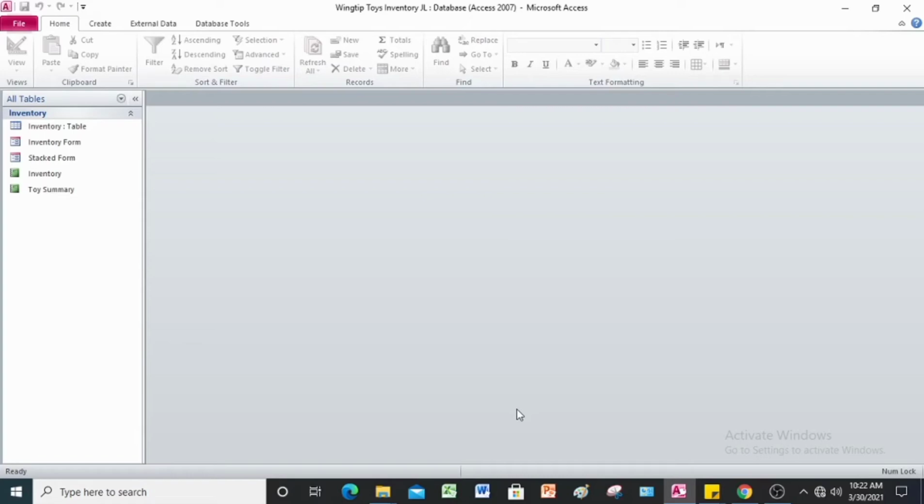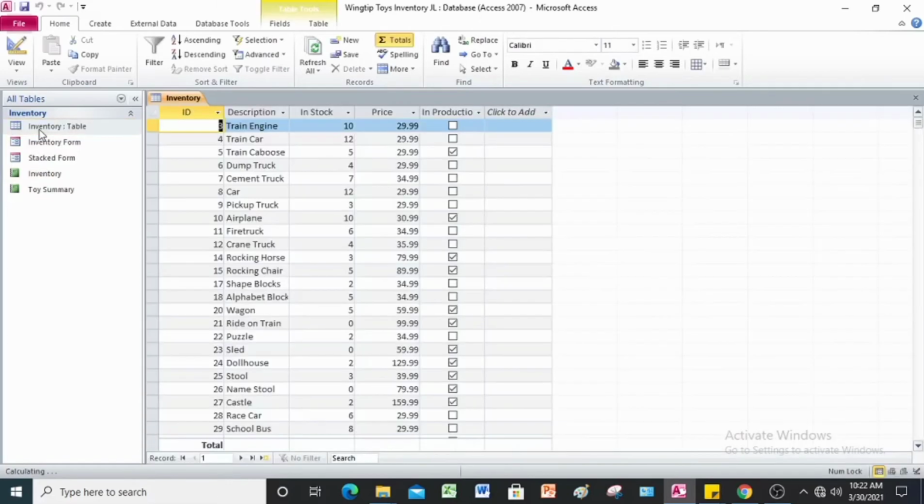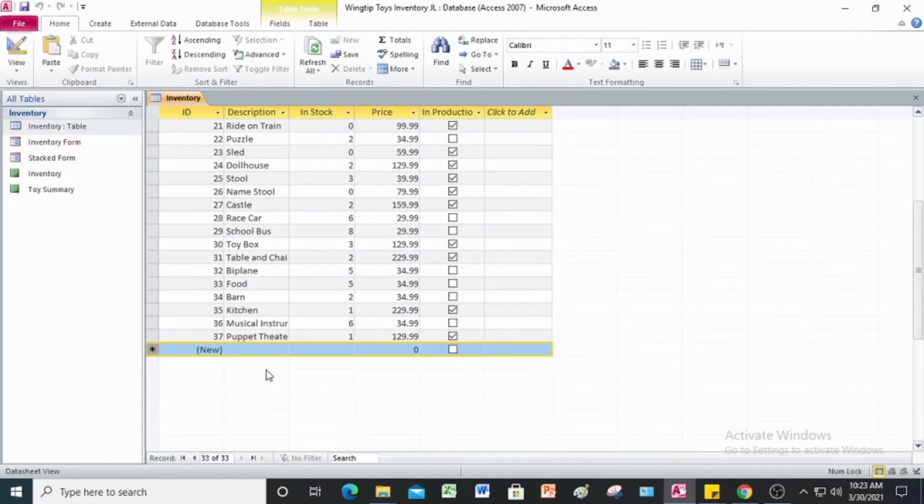Instruction number 3, open the inventory table. So in our navigation pane, select and double click inventory table object. Next, instruction number 4, insert a total row. So to do that, let's go to your home tab, records group, and then select total. Now we have your total